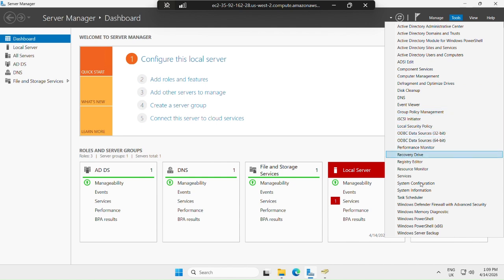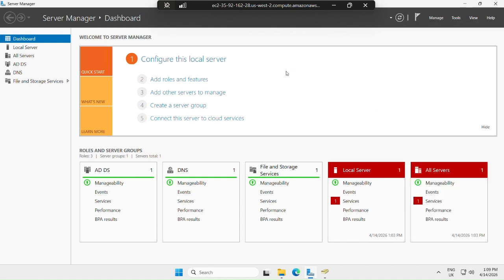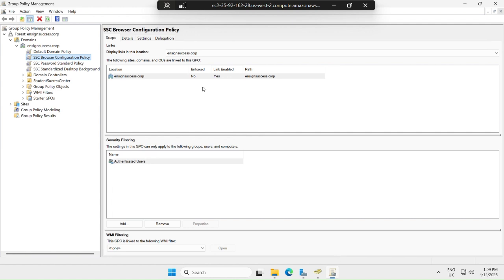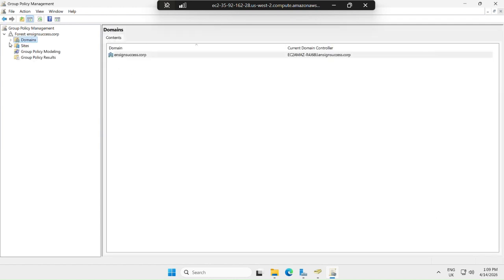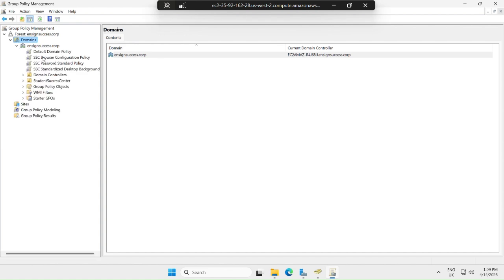Tools, Group Policy Management. I created the browser configuration policy, a password standard policy, and a standardized desktop background policy. In the standardized desktop policy, what I did first, before I enabled the settings, was